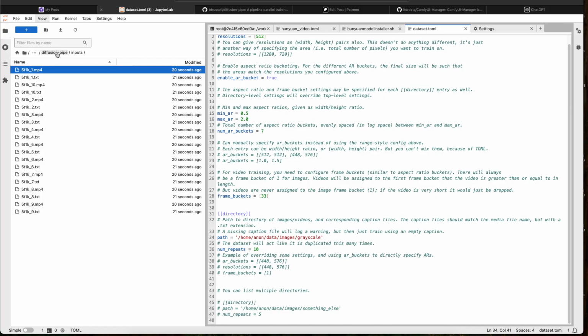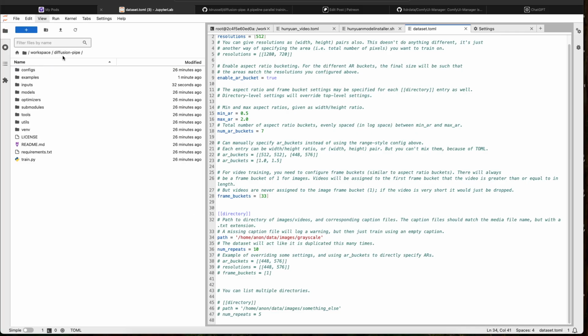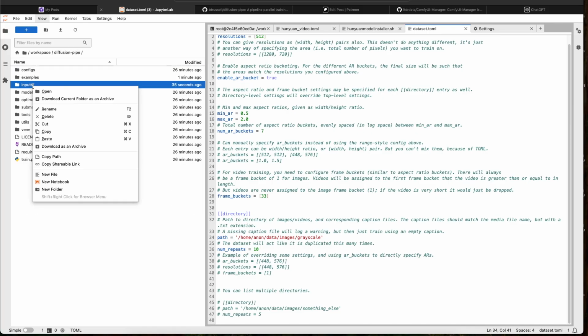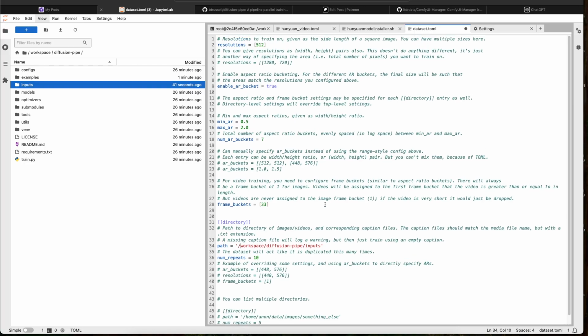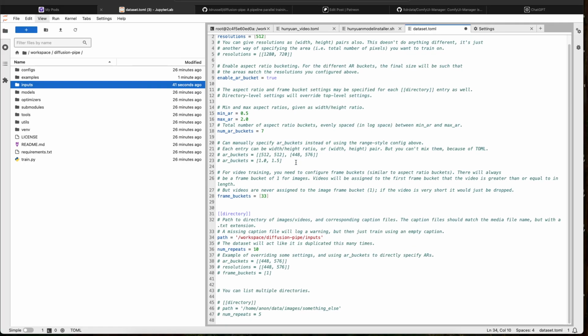All right, so our path here is the folder for all of these. So it's this inputs folder. So I'm gonna right click and copy the path. And again, make sure you don't forget that slash at the front. And then that is it. We are ready to train. Okay, so